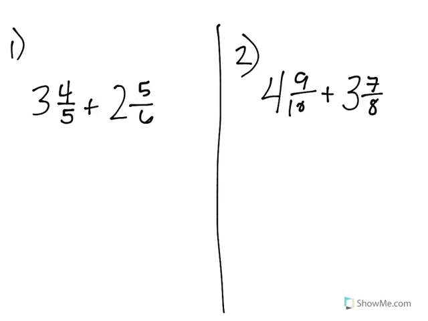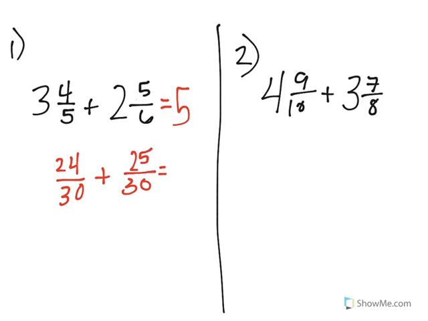Okay, so if you went ahead and answered the questions, let's take a look at number one. The first thing we want to do is add together the whole numbers. So 3 plus 2 is 5. Now we have 4/5 plus 5/6. Let's find the least common multiple for 5 and 6, and that's 30. So 5 times 6 is 30, so 4 times 6 is 24. 6 times 5 is 30, so 5 times 5 is 25. And this gives us